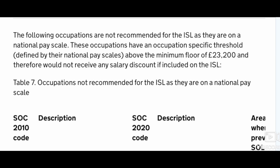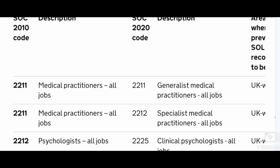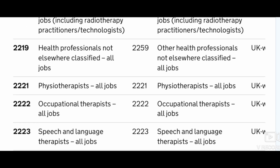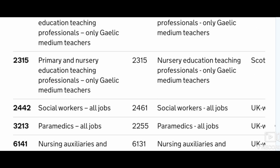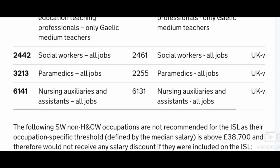Occupations not recommended for the ISL as they are on a national pay scale. Because these occupations are already on a national pay scale, there's no need for these professionals in the ISL. So medical practitioners, psychologists, pharmacists, medical radiographers, health professionals, physiotherapists, occupational therapists, speech and language therapists, nurses, primary and secondary education teachers, social workers, paramedics, and nursing auxiliaries will not be in the ISL list because these professions are already in the pay scale